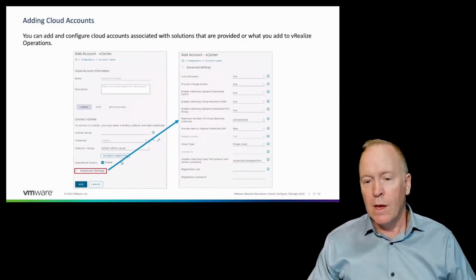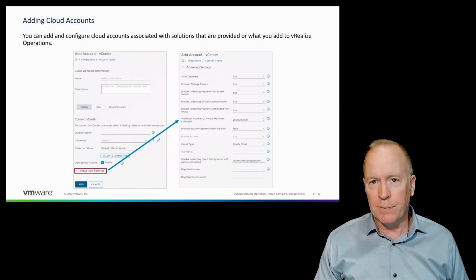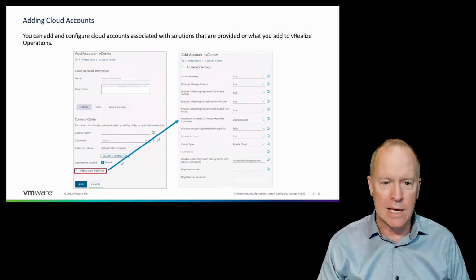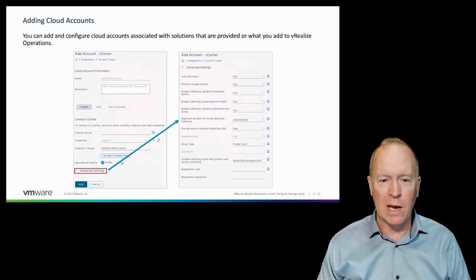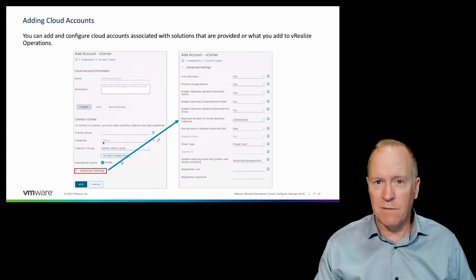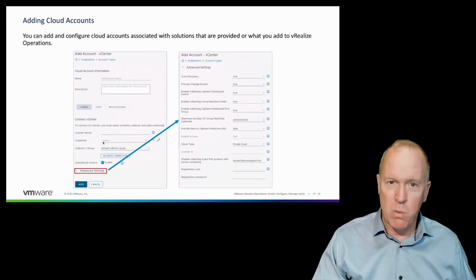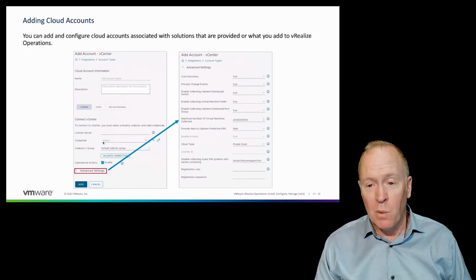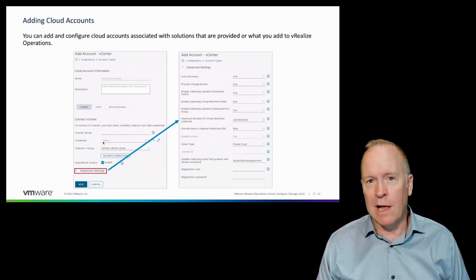user. The registration user is used in situations where you do not want to plug in a full-blown administrator account for the credentials for this cloud account. Again, if we're sensitive about security, we don't potentially want the vCenter data adapter continually connecting to vSphere using administrator credentials. So what the registration user account allows you to do